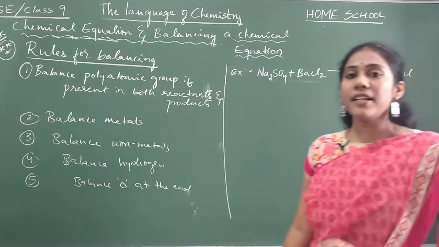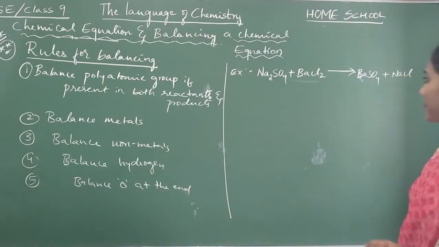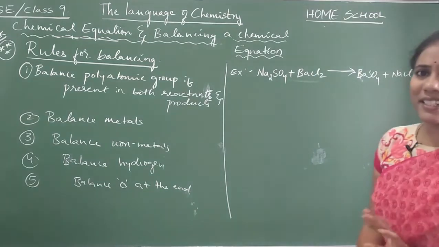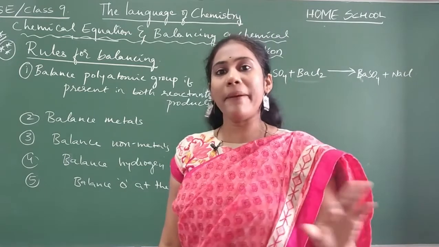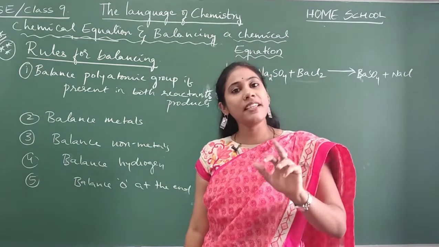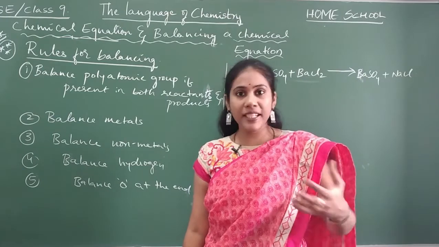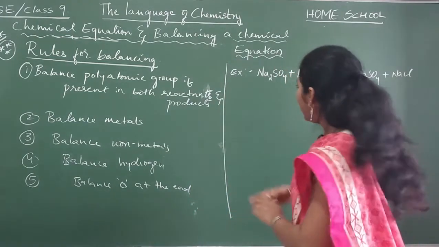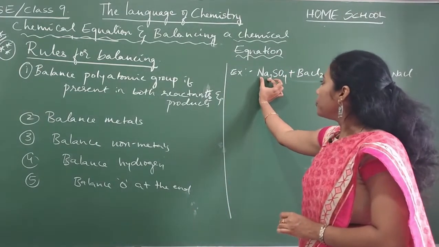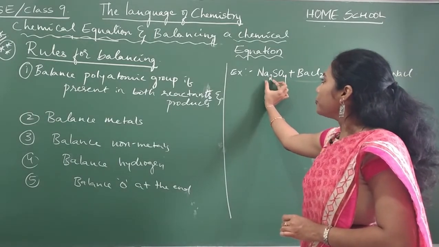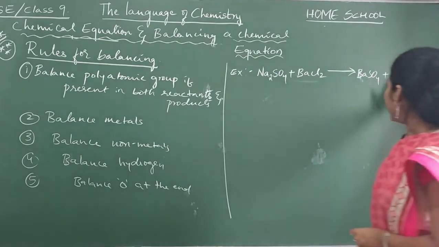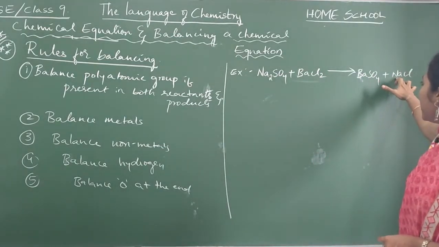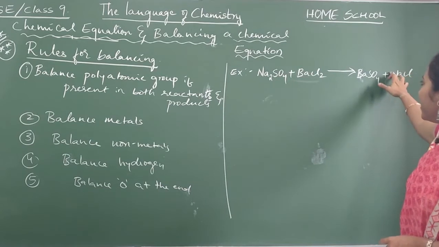Okay, so this is the first equation I am taking, and first let us check whether it is balanced or not. Sometimes some of the equations will be in a balanced form, so the first thing is you have to check if it is balanced or not. Let us take the first element, sodium. Sodium has 2 atoms. Yes or no? 2 sodiums are there. But in the product, where is sodium? Here. How many sodiums are there? Only 1. If nothing is written, imagine that there is number 1.